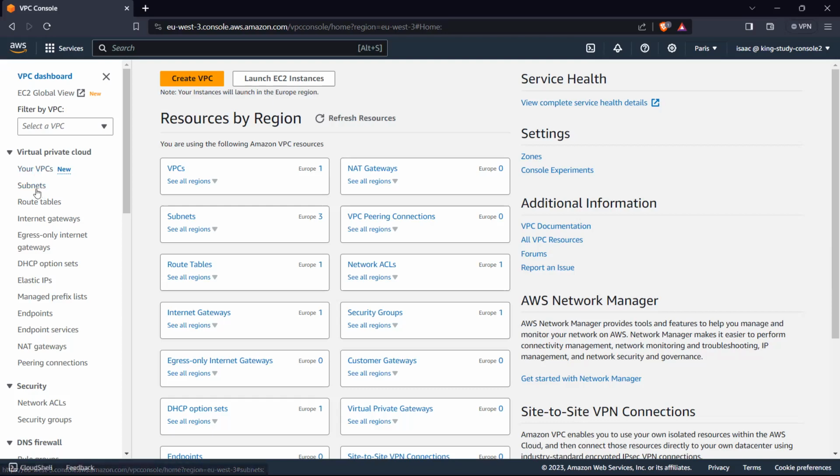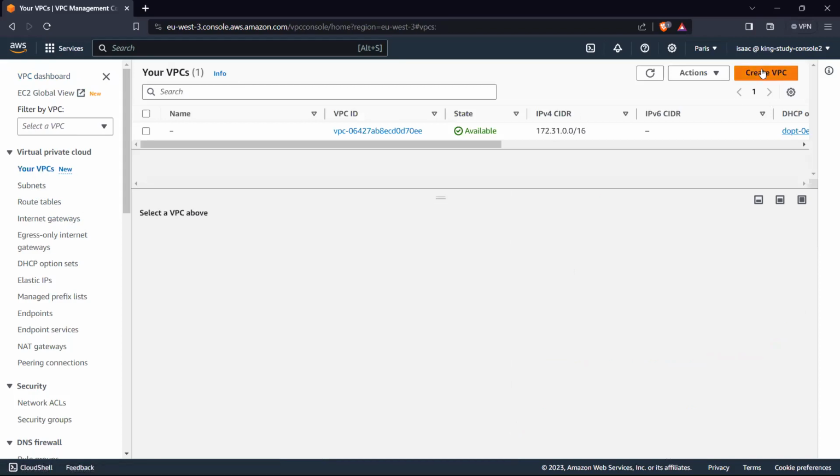After you create your subnets, I think when you create your subnet, route tables are already created for you automatically, right? And then you create a gateway and attach it to your public subnet. You have to create a lot of things and then link them together. So even AWS recommends that you use the VPC creation wizard. So what you do is, if you click here and then go to create VPC,